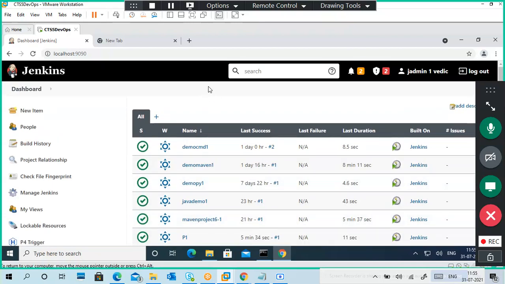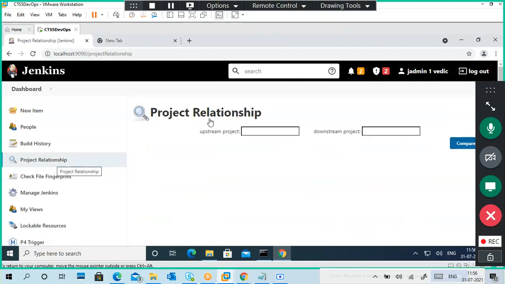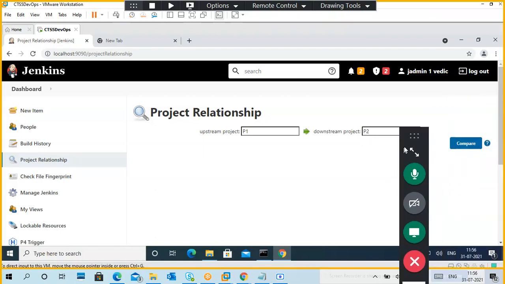So other views and other things are there. Project relationship. What is this? Something new. So upstream project is there, it is P1. Downstream project P2. Something it is showing, I can't see.